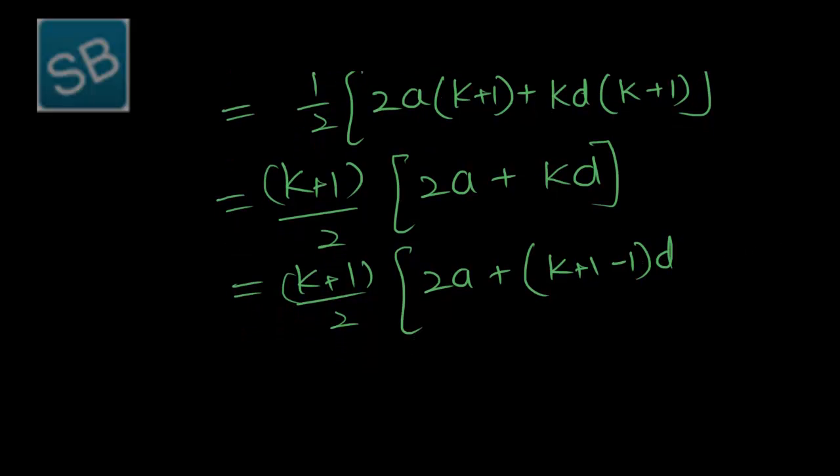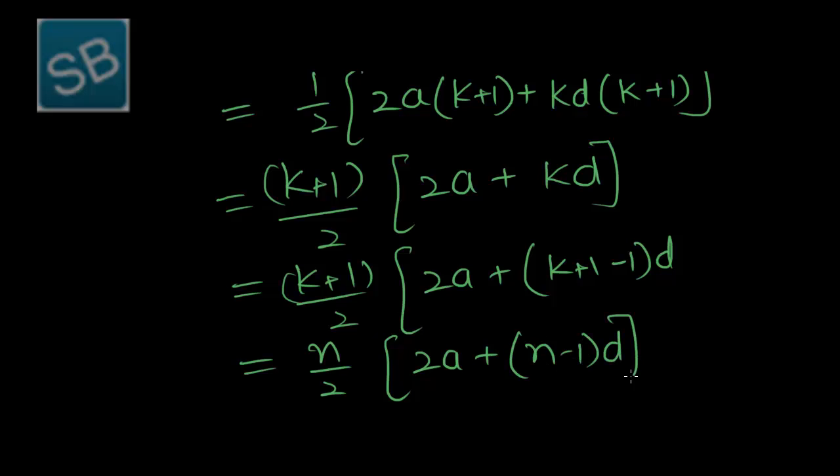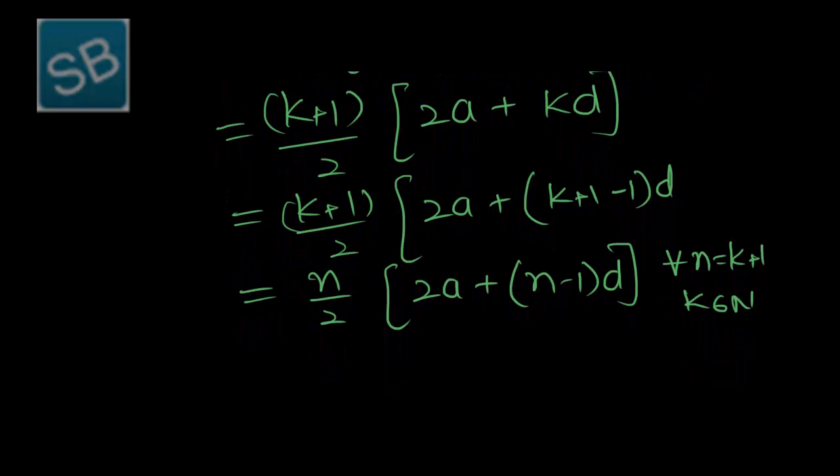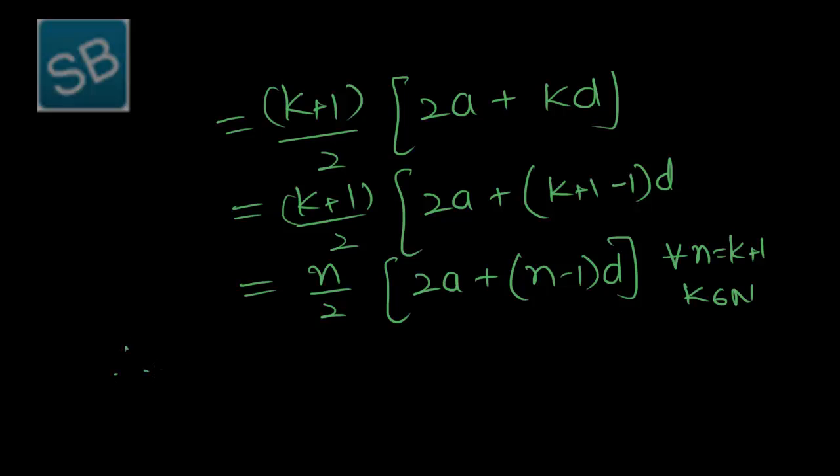So if we see n is k plus 1, it becomes n by 2, (2a plus (n minus 1)d) for all n equal to k plus 1 and k belongs to N. Therefore, we get the same Sn term for the required expression. Therefore, as P(k) implies P(k plus 1) is true,